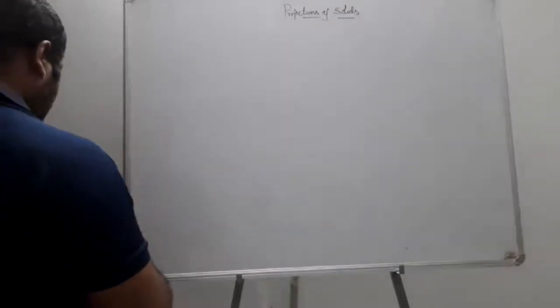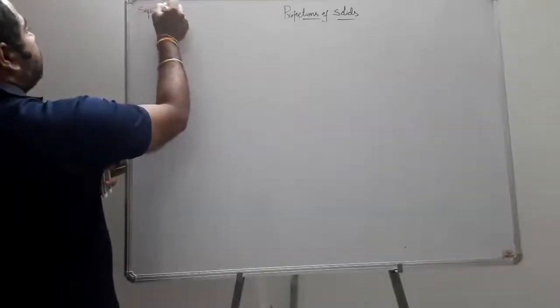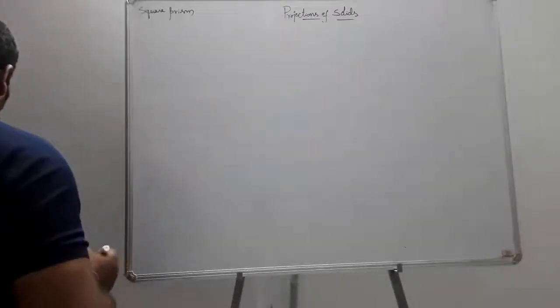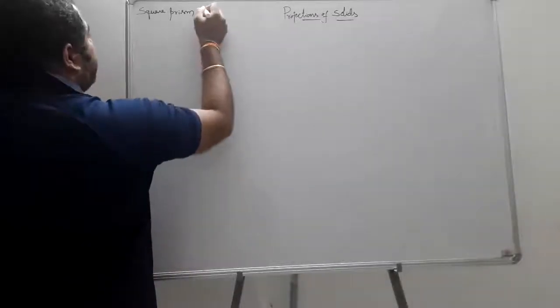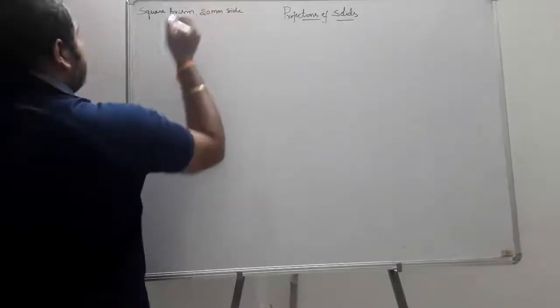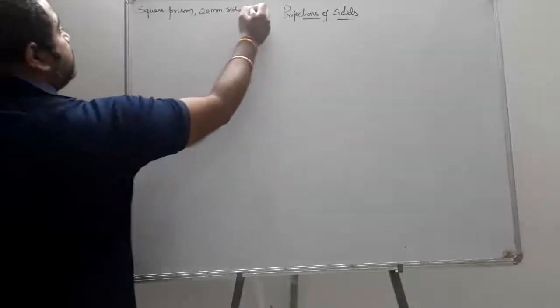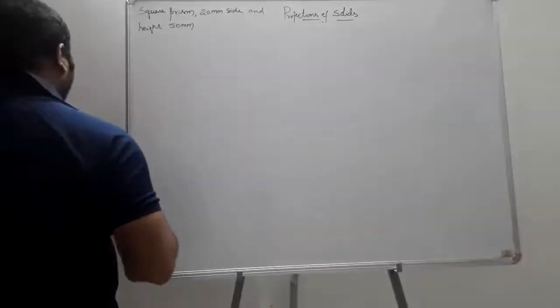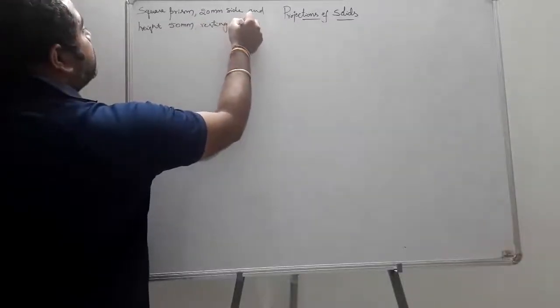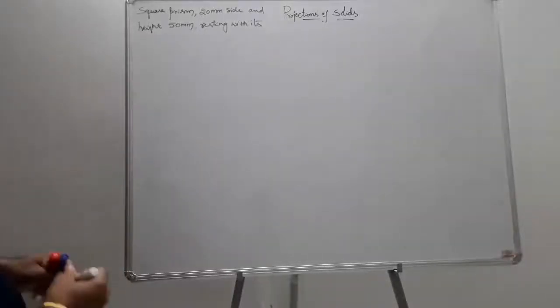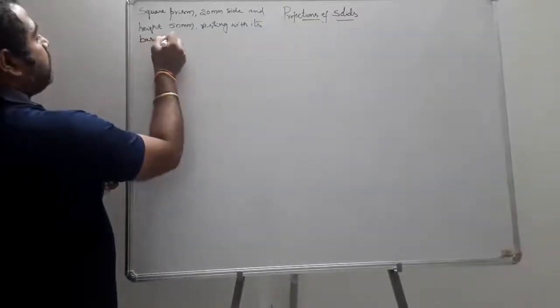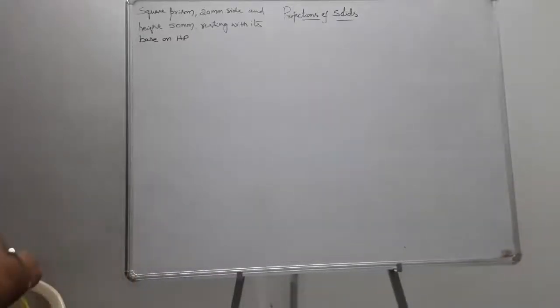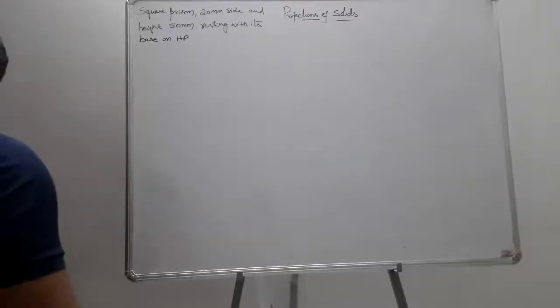All of you just write this problem. Draw the projection of a square prism of side 20 mm and height 50 mm, resting with its base on HP, such that one of the rectangular faces is perpendicular to VP,